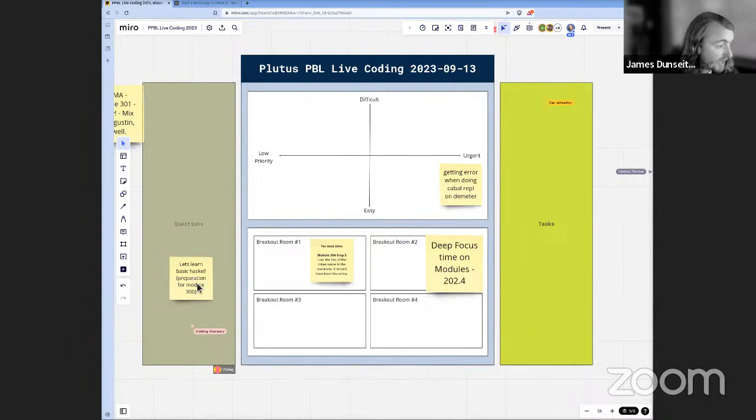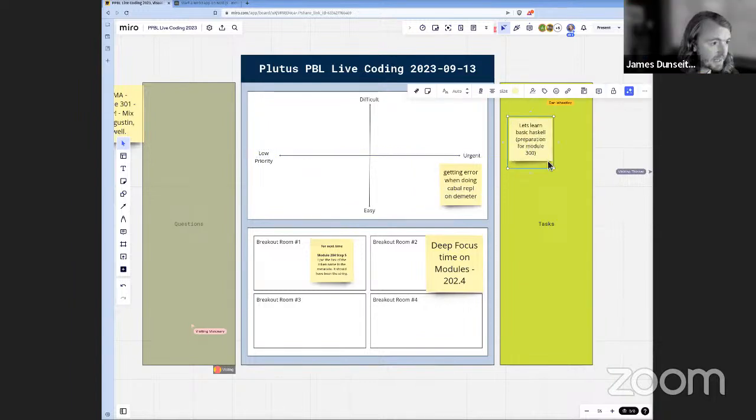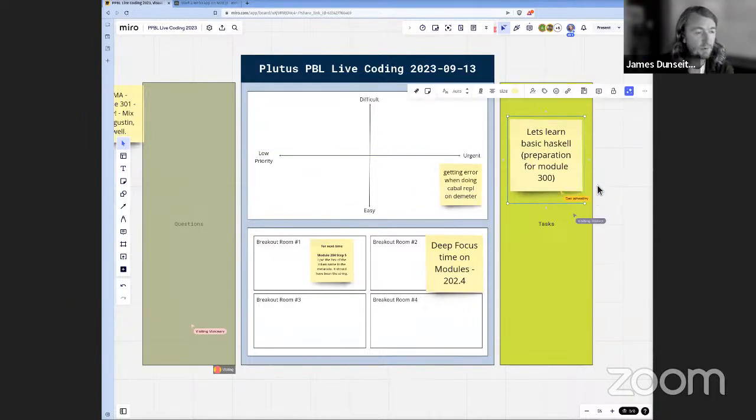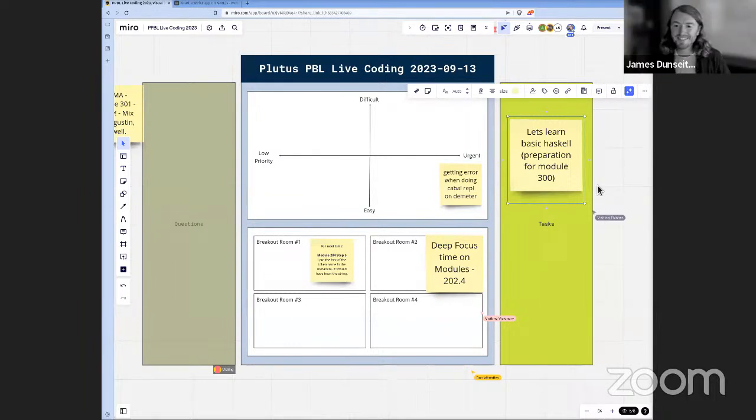Yes, so Haskell prep. This one right here. Would anybody be interested in organizing more of like a Haskell study group where people could opt in to go a little deeper into Haskell stuff? I think we can do that, James. Yeah, Kanma team's got it. Because we've been doing that the last two cohorts, so we want to do that more. Excellent. Anytime. Just let us know what support you guys need on that, okay?